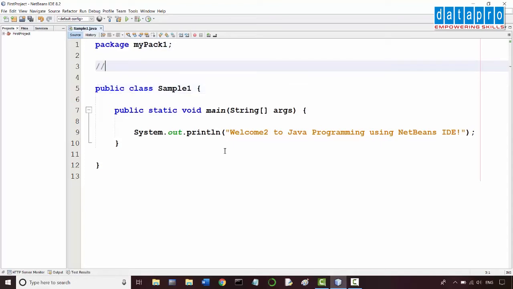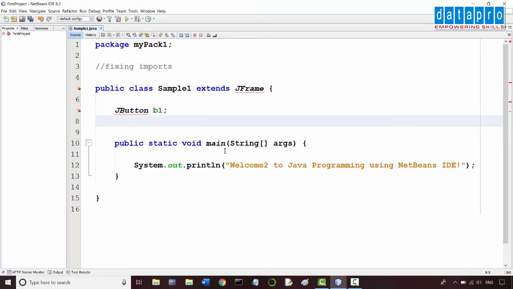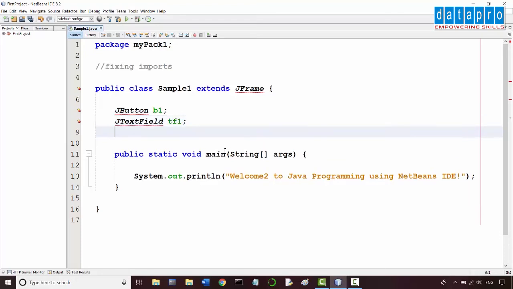Let's start with fixing imports. Let's extend a GUI class, say JFrame. Let's create instances of references of some GUI components, JButton, JTextField, say TF1, JCheckBox, say CB1.